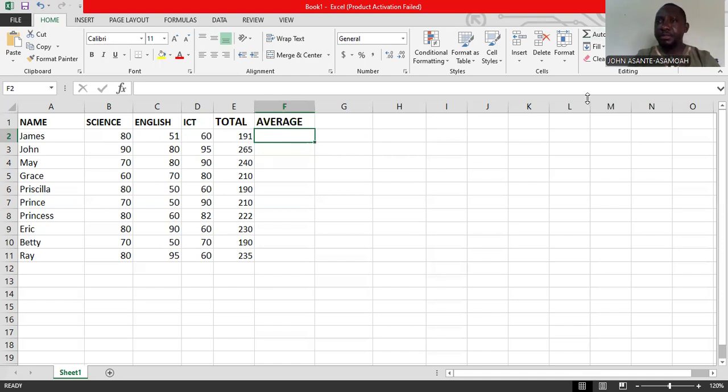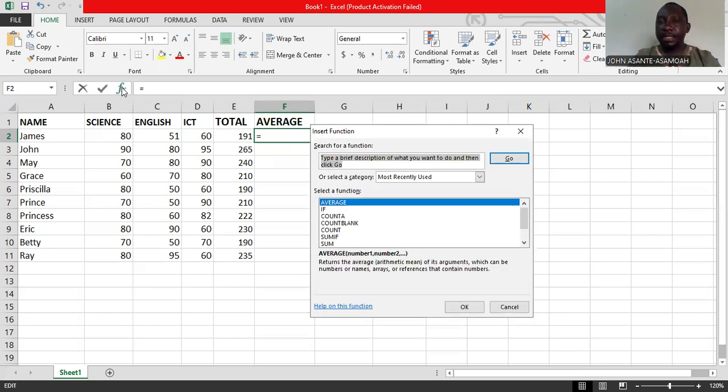And so I'll move straight to my function, automatic summation. Don't forget, I can do the same here. I can go to insert function, I can go to formulas and many more. So I can also pick it from FX and look for my average function. It's highlighted. And so I can simply go to OK down here